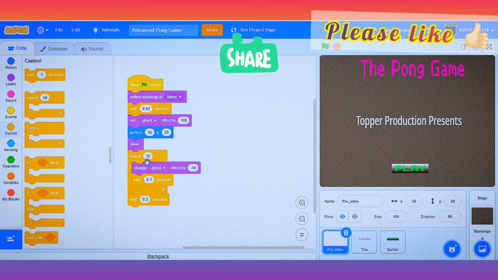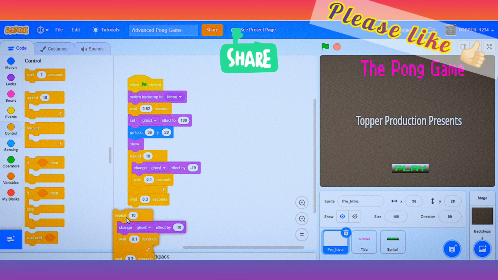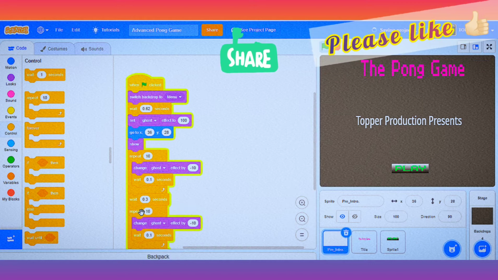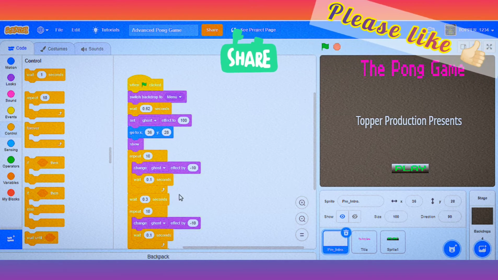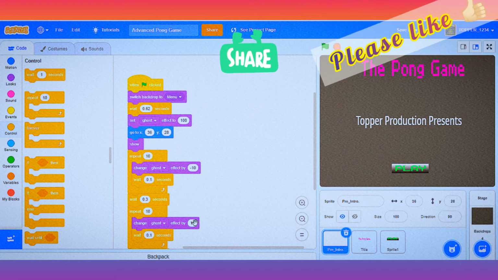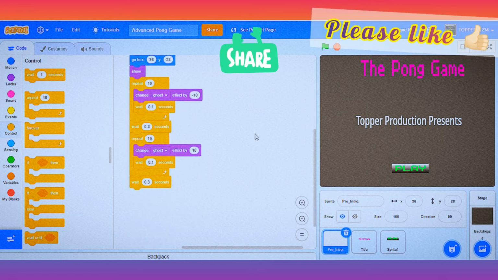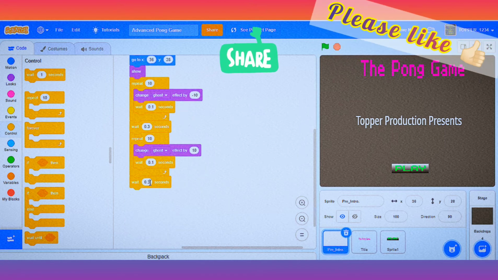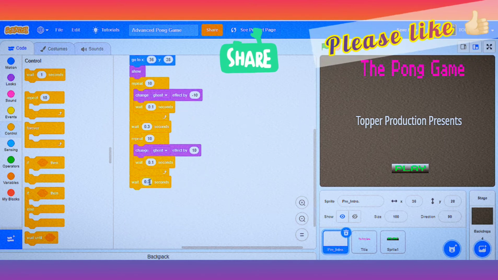Now I'll duplicate it by right clicking on it. Now in the place of -10, I'll select 10. And in the place of wait 0.3 seconds, I'll select 0.2.